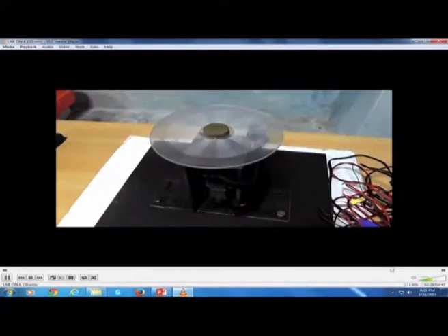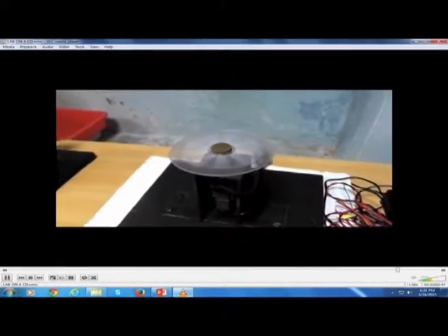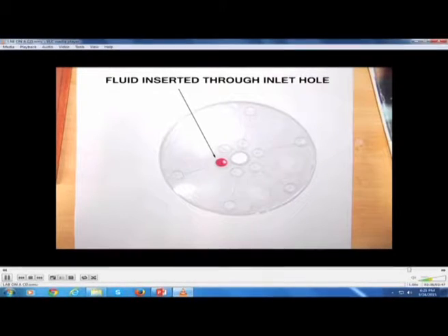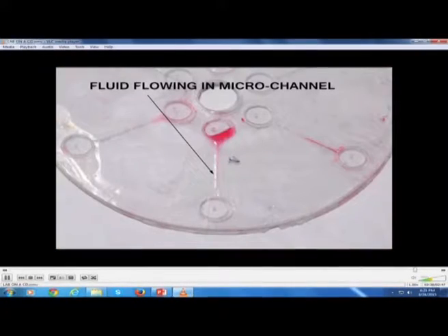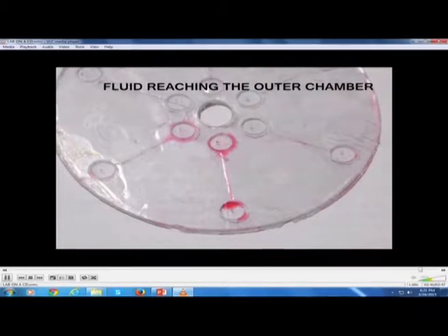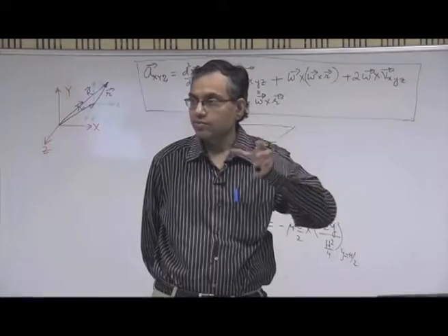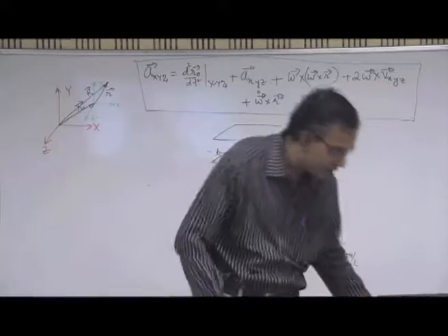And that is more or less how it functions. So pretty simple basically. You can implement it, and then you can insert the fluid through a hole and fluid reaches the outer chamber. So that is how a capillary filling process can take place.